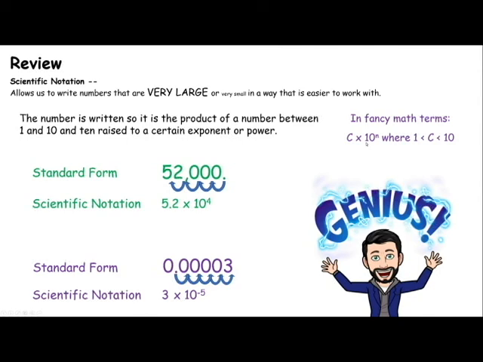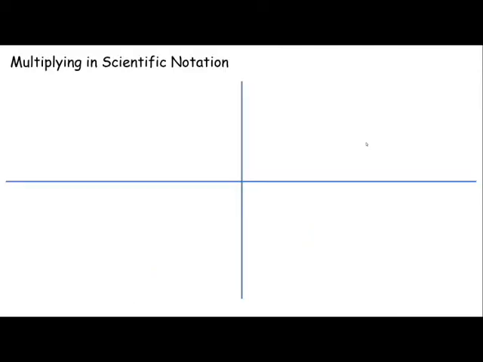Again, if all of that is comfortable for you, you are ready to begin today's lesson. If it is not, you really need to go back and either look at the negative exponents lesson or the scientific notation lesson to make sure that you have a good foundation. Let's hop in here. Multiplying in scientific notation is actually not that hard because it looks like this: 3.1 times